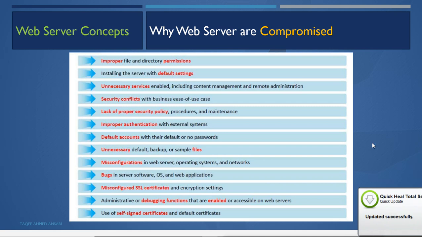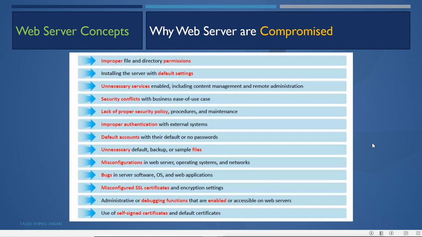If you use lots of security measures, then it becomes less easy to use. And if you go for more ease of use, then you have to compromise on some security. So it is conflicting. Ease of use always conflicts with security. We have to make a proper balance.